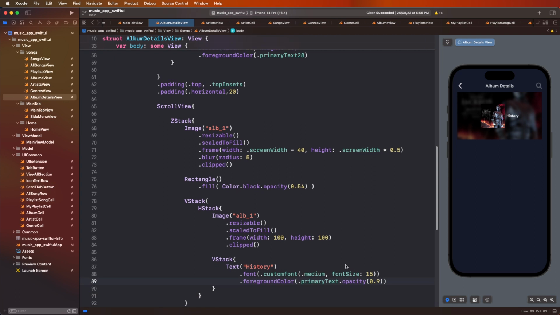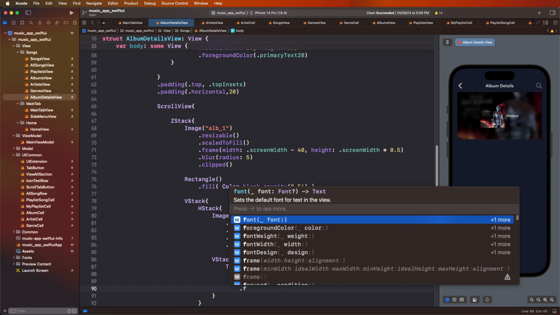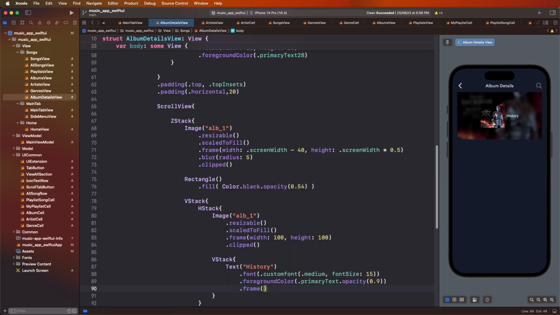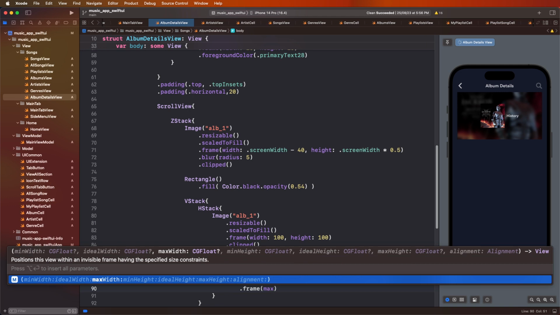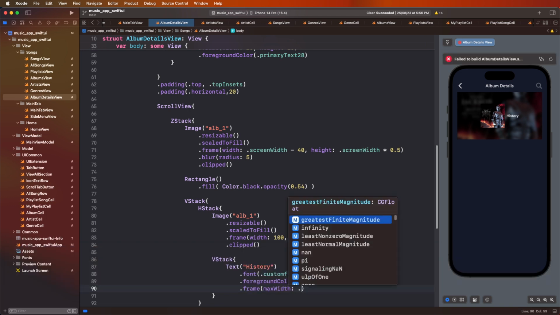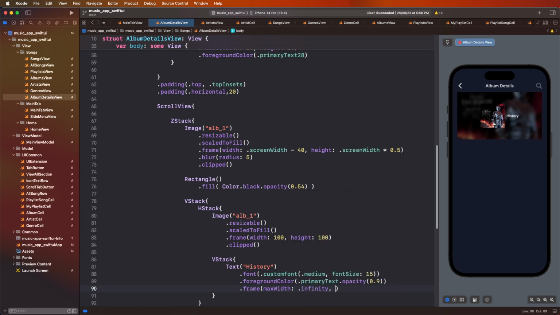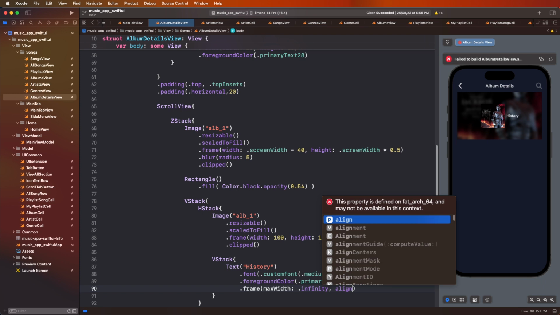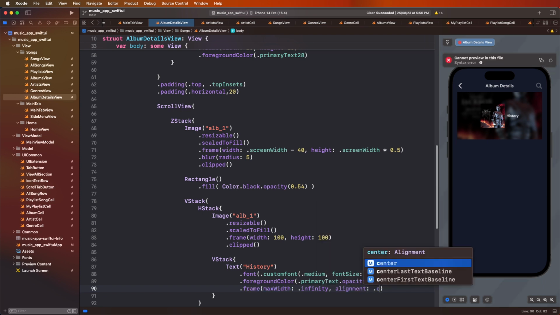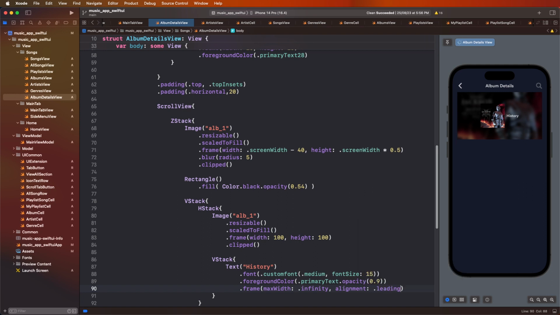Set this here, and now we need to set the frame, and give the frame max width, we need to give the infinity, and now we need to set the alignment, and set as a center, to give the leading